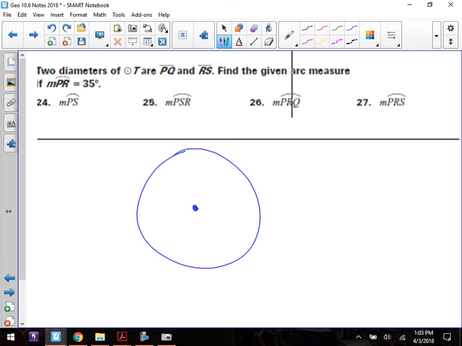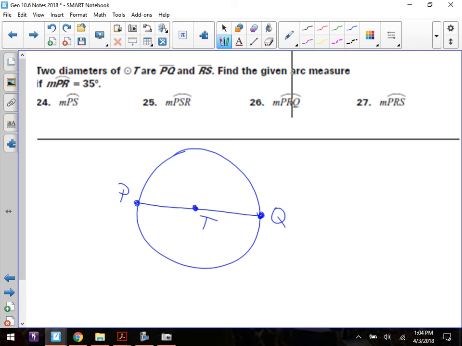Again, you have to know how to label it. It tells you have a circle T. Well, T is the center, so you put a T in the center. Then you have diameters PQ and RS. Does it matter where you place them? For the first one, it doesn't, as long as it goes through the center, it's a diameter. So I put it going through here, PQ. Now the next one matters where I put it, because it tells you